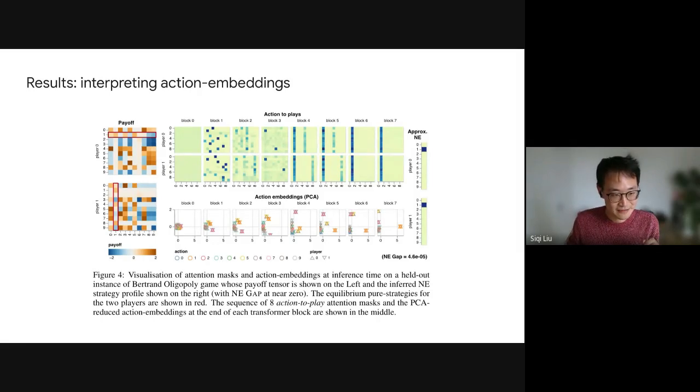And the other really nice thing is, actually, let me. Oh, here we go. The other nice thing we can infer from this is if you look at this block, which is player 0's block attending over player 1's action, this pattern is actually reflected in the payoff matrix here, and it shows that every action is attending to the other player's best response. So here, for example, the first row, all the attention is put onto this action, so column 3, and then the next row,